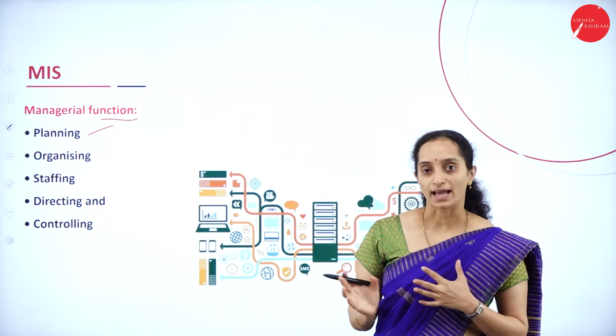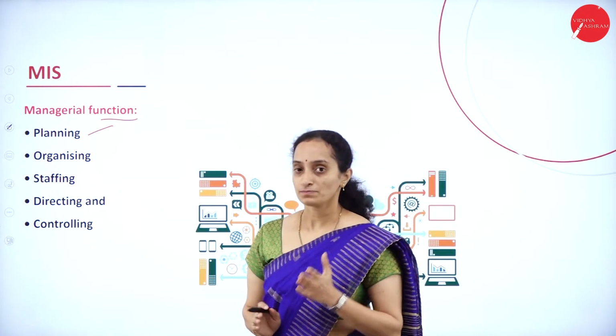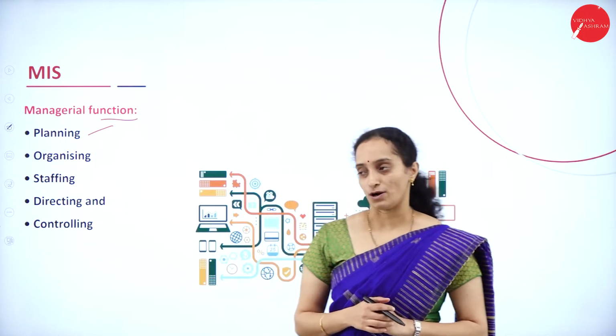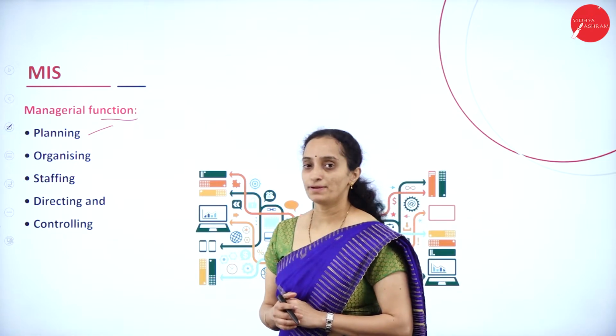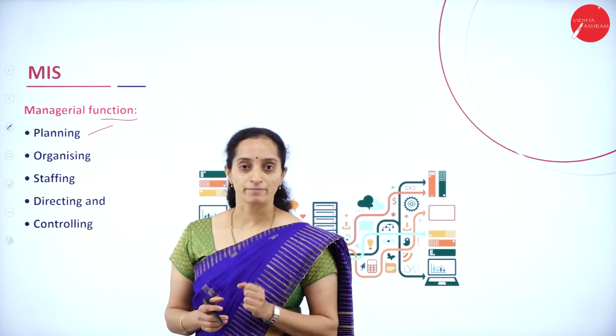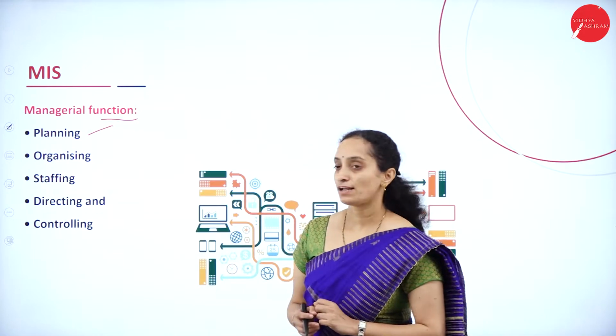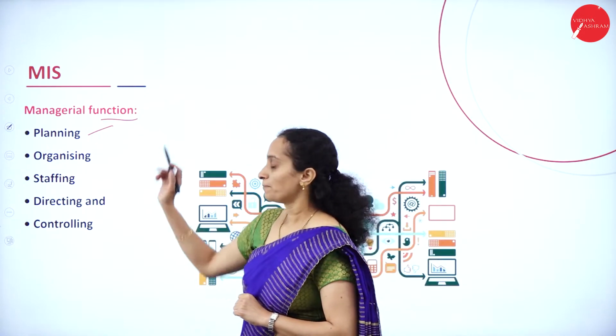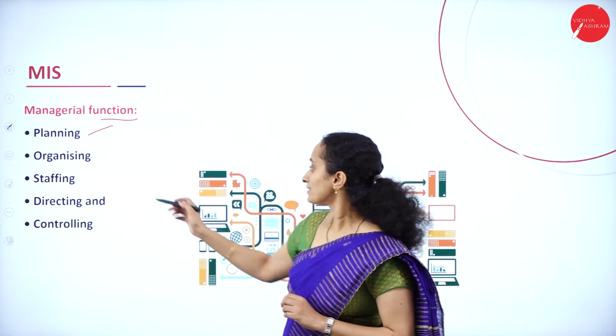Not only gathering of the information, for every task you need to have proper planning, is it not? The first step in the functions of the MIS or managerial function is to plan, to have a proper plan. Alright. The next thing is